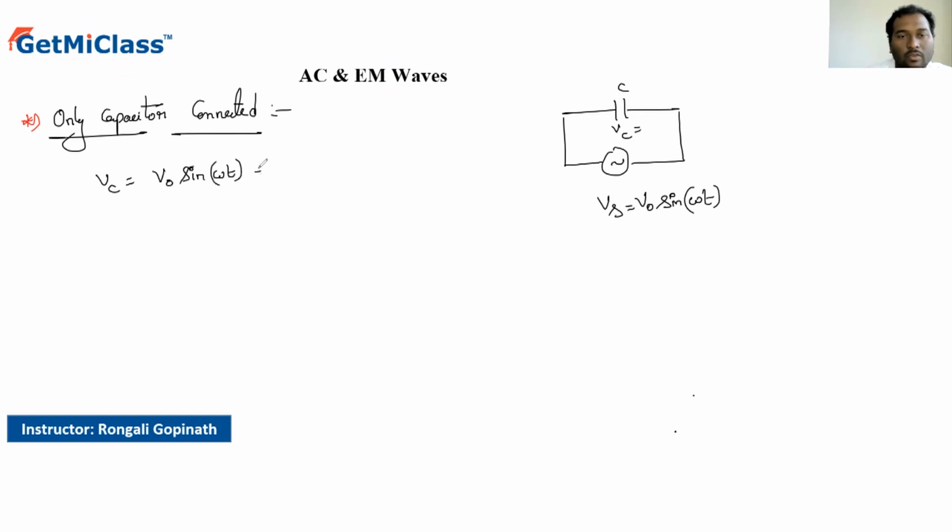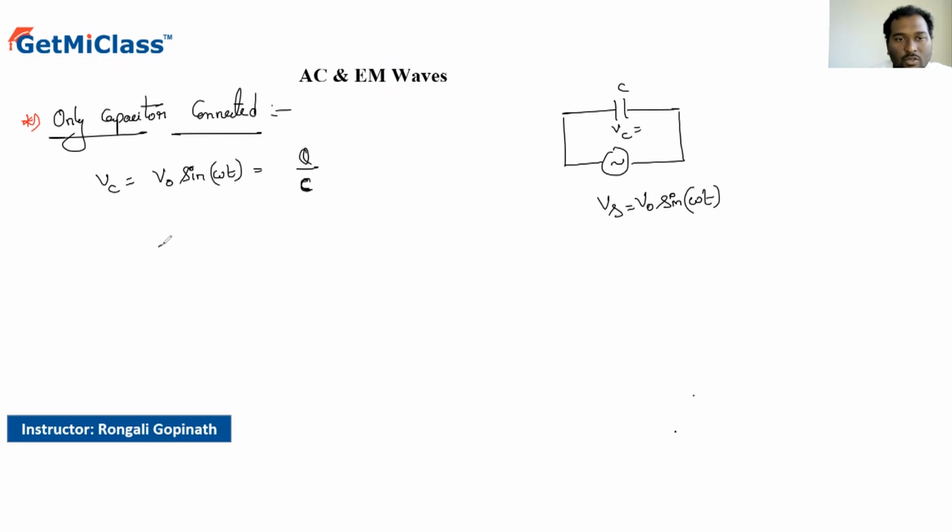What happens when only a capacitor is connected? Somewhat like this, where Vs is equal to V naught sine of omega t. So obviously the voltage across the capacitor is the same. So the voltage across the capacitor is V naught sine of omega t, which can be written as the charge on the capacitor by C,